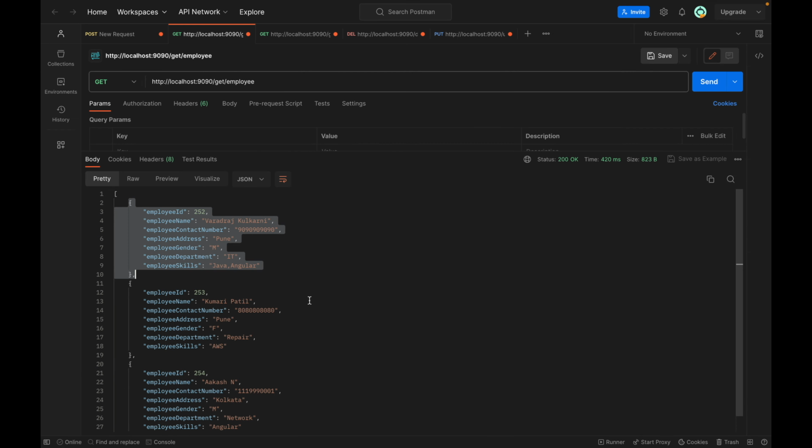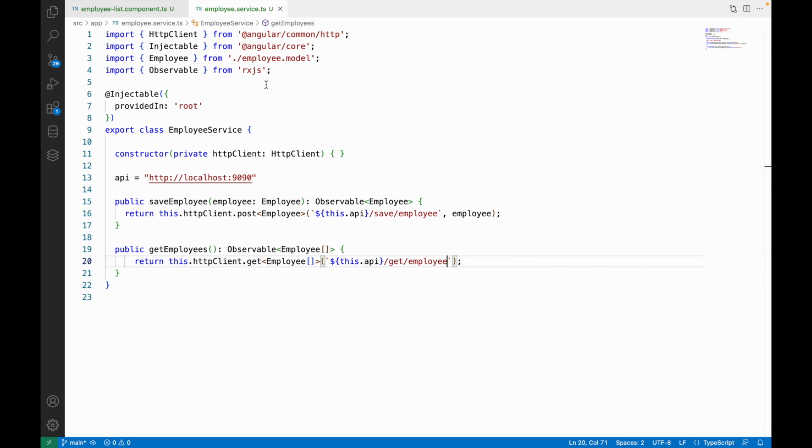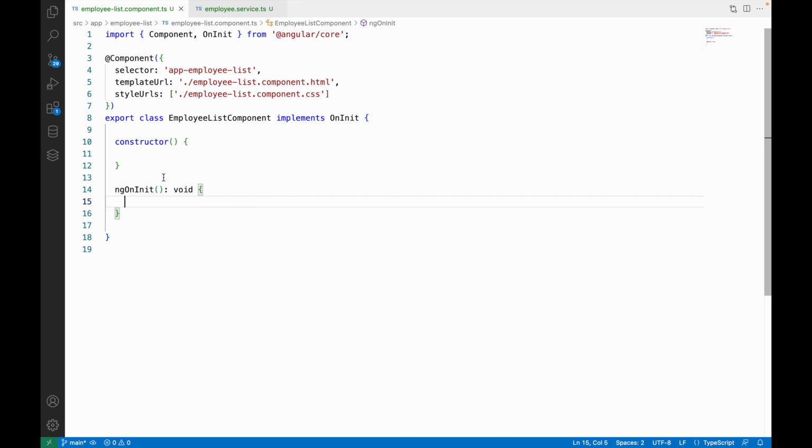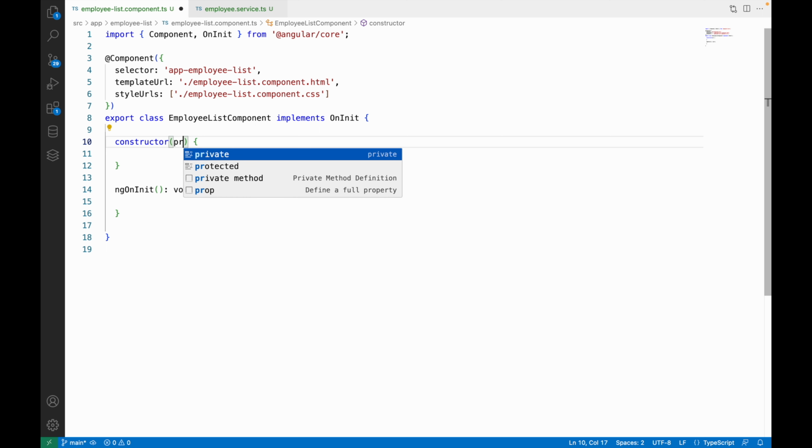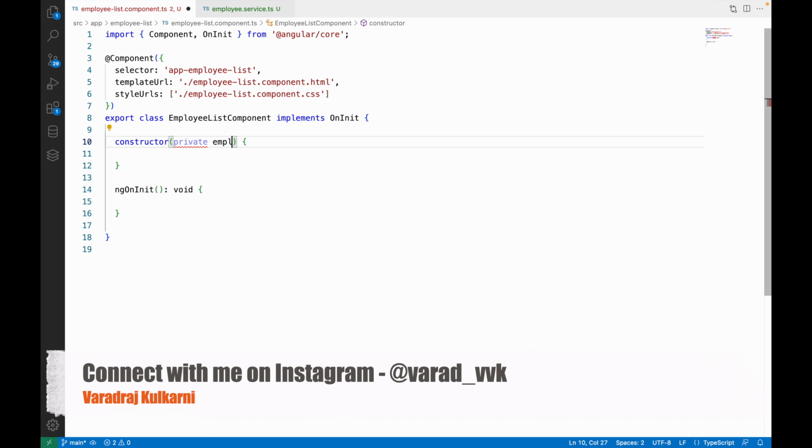Let me just verify whether my API is correct or not. So it is slash get slash employee. Yes, so make sure you are giving correct spellings and everything. Now let me go to the employee list component TS. Over here we have to inject employee service. So let me just inject employee service,